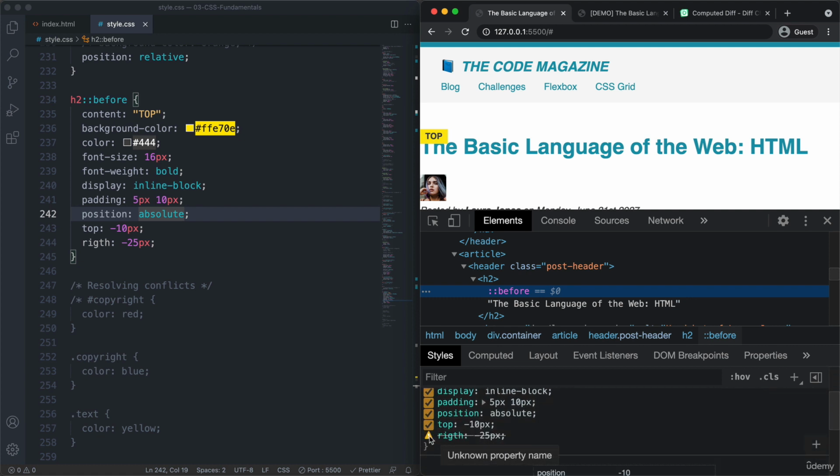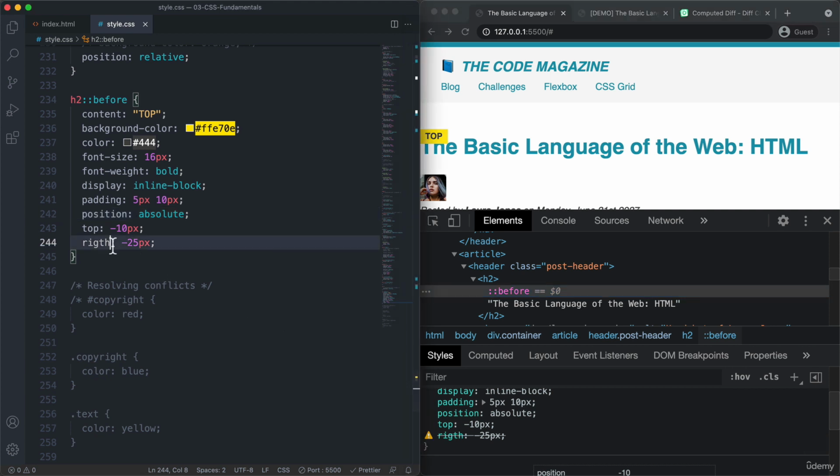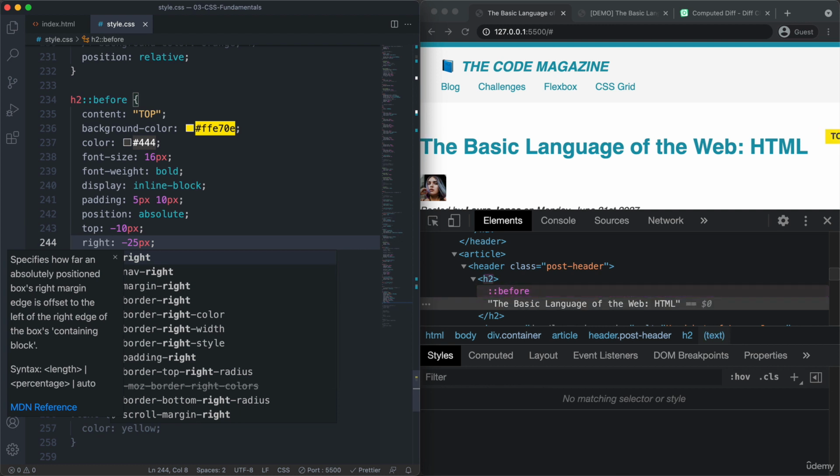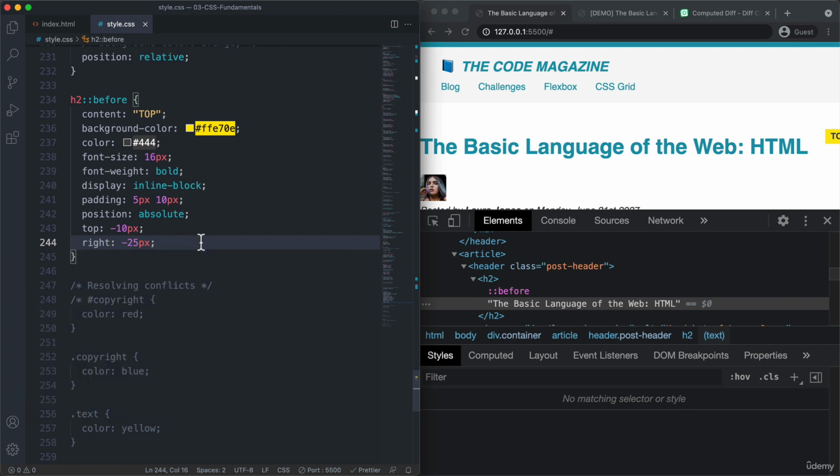And then you can simply check out the properties here, and you will then find this icon here, which means unknown property name. And so from that, you will immediately know that here you misspelled something. So then you come here to your code, fix that, and you're good to go again. So this one is also more common than you thought, and so doing what I just did here is always